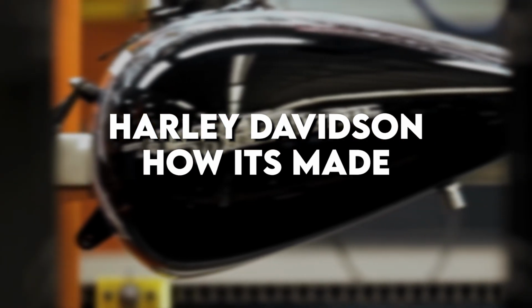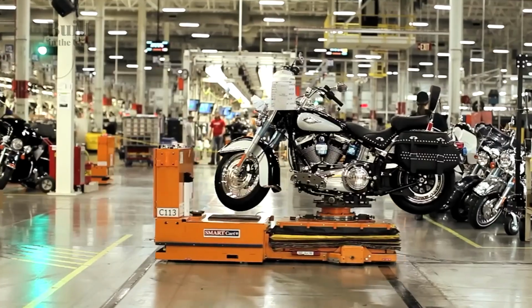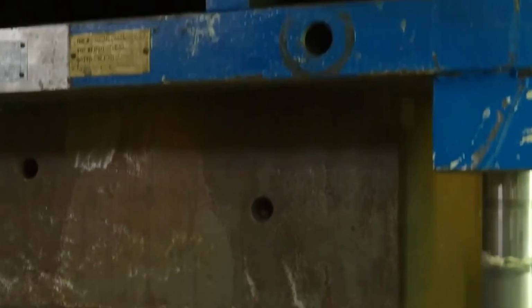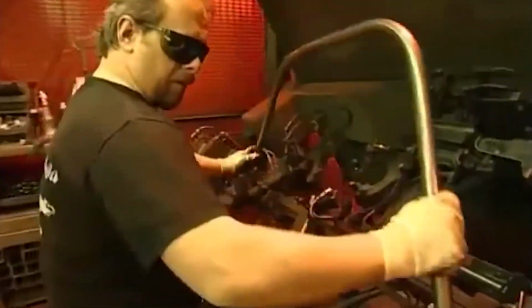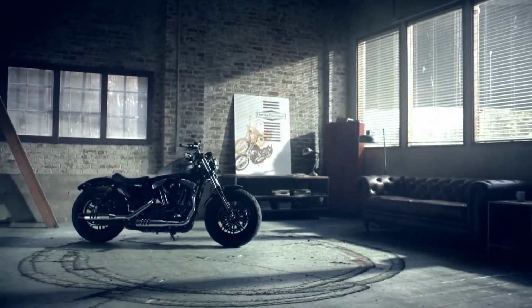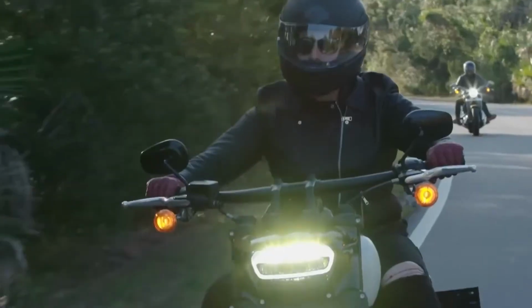Harley-Davidson, how it's made. Imagine a machine so iconic that its sound alone can turn heads on a busy street. A machine built from nearly 2,000 individual parts, assembled by both robots and human hands inside a factory larger than 20 football fields. And here's the kicker: one rolls off the line every 2 minutes. Today, we're taking you inside the legendary Harley-Davidson factory to uncover how America's most famous motorcycle is built, step by